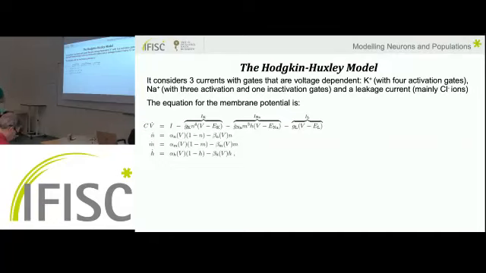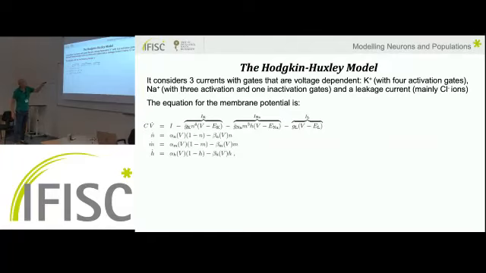Probably the most important one is the Hodgkin and Huxley model. The Hodgkin and Huxley model takes into account three equations. This is how they derive the model for the neuron. This is the left part of the equation, which is the membrane potential evolution in time. This is the external current that could include some synapses also. And these are the three currents that appeared before just as I, but these are more complicated, because this current